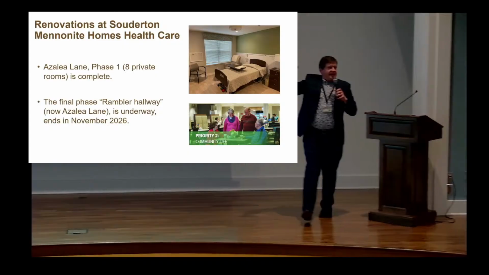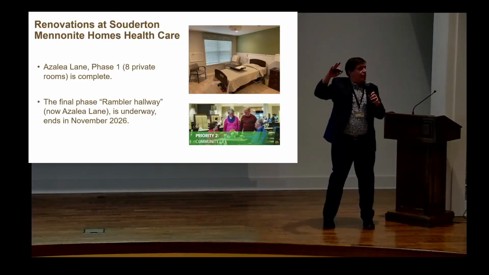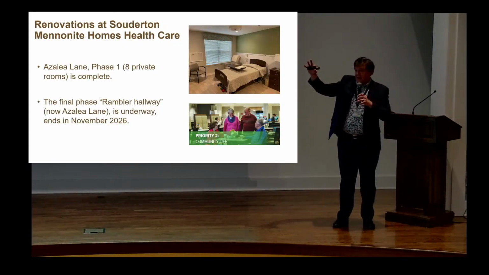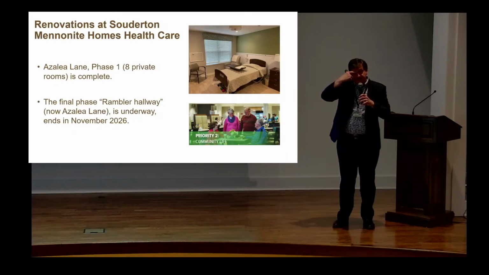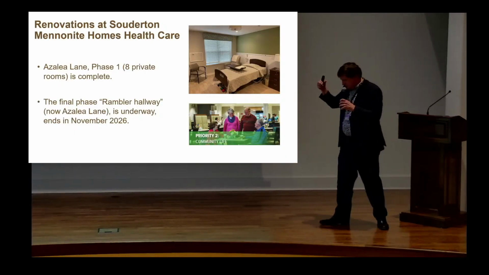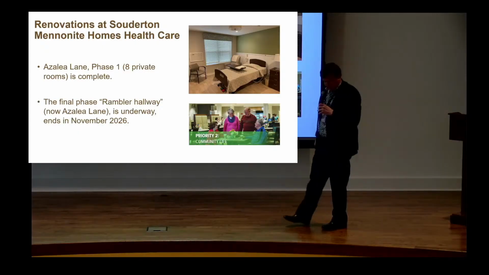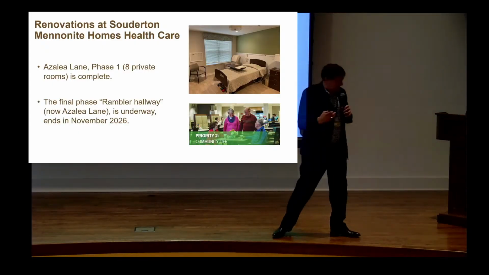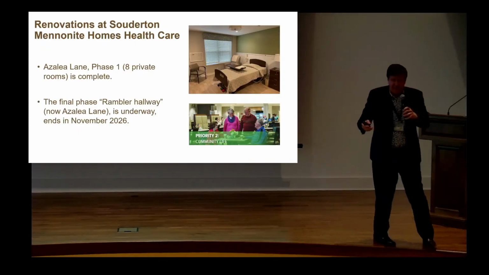How many have been in Azalea Lane, the new Azalea Lane? Great, a lot of you have been. What do you think? Nice? Yeah, I was going to say Tom, but that's not the right name. The gentleman that lives over there likes to go around on his jazzy.